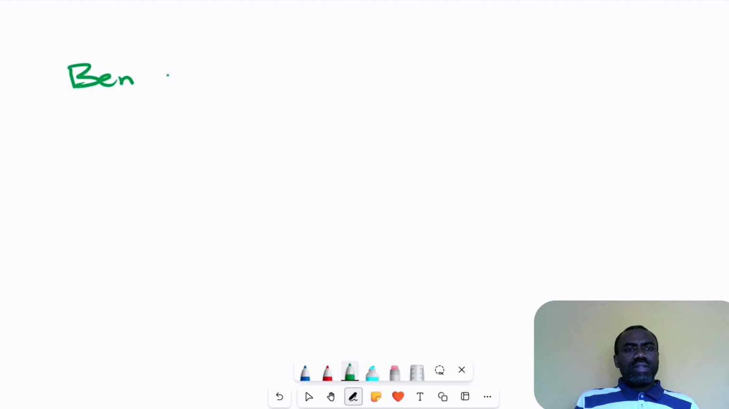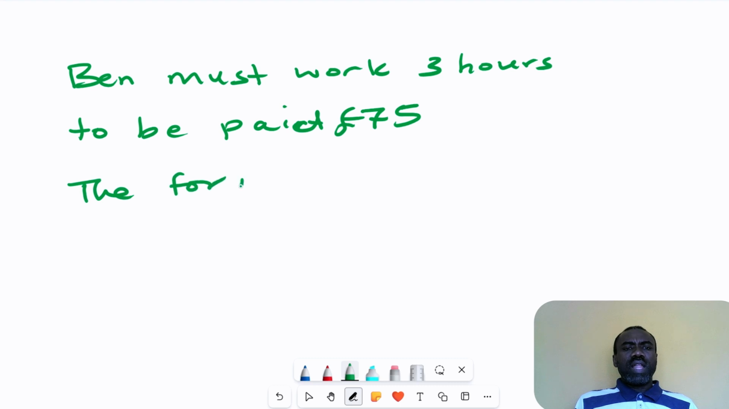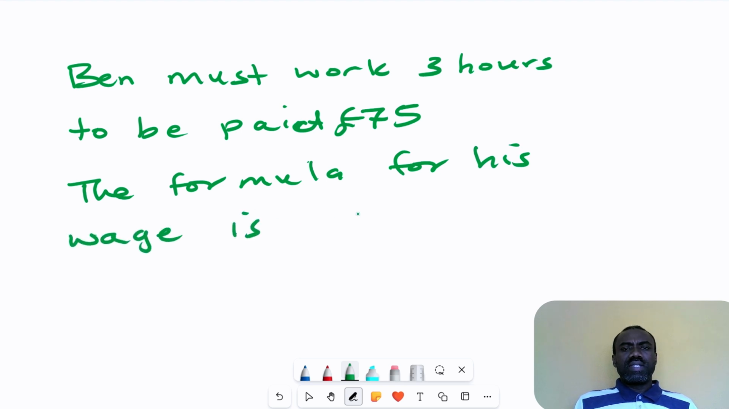Ben must work 3 hours to be paid £75. Ben must work 3 hours to be paid £75. The formula for his wage is